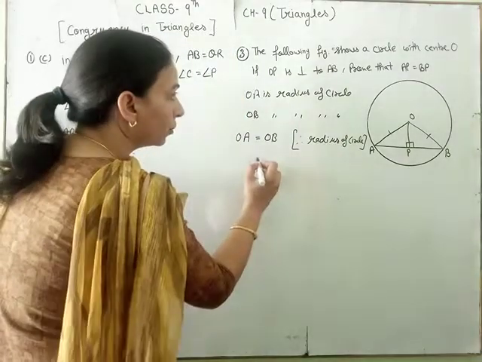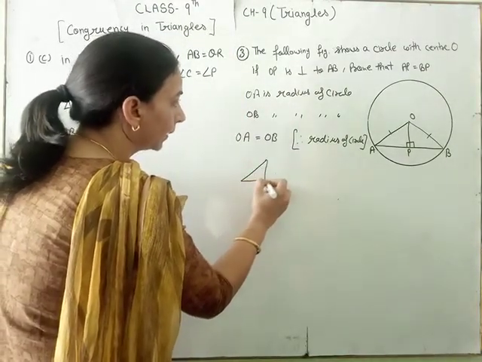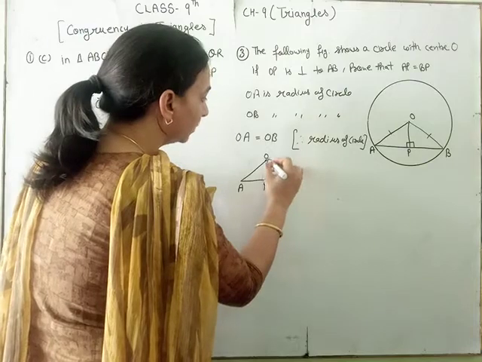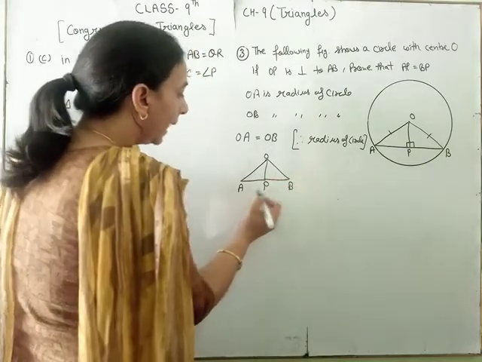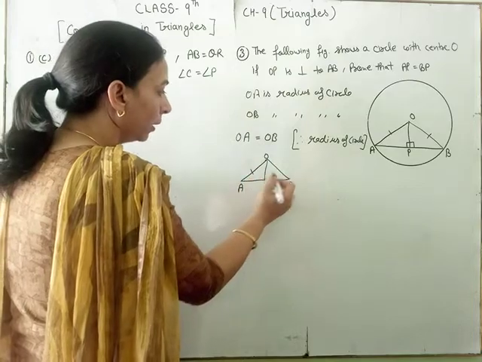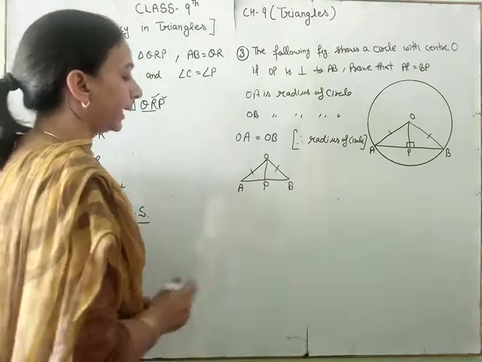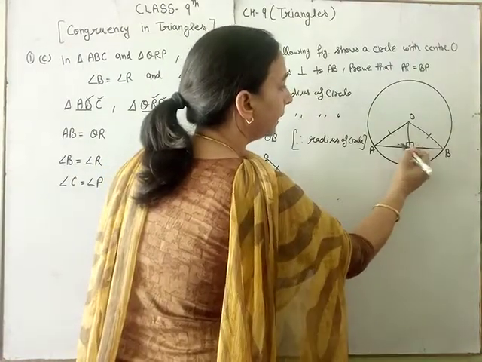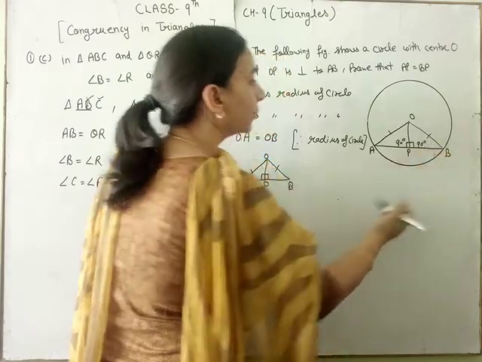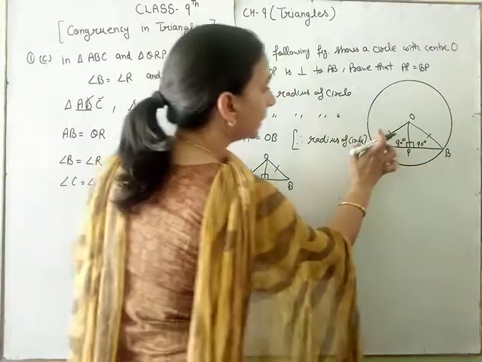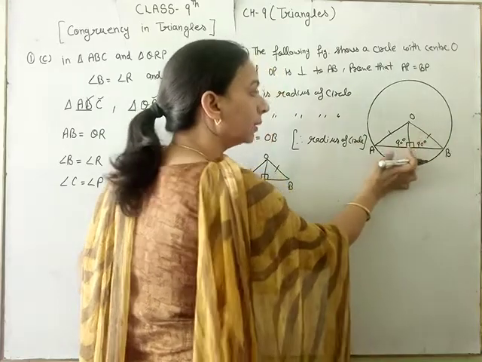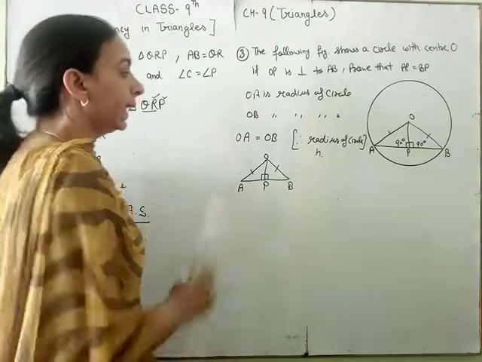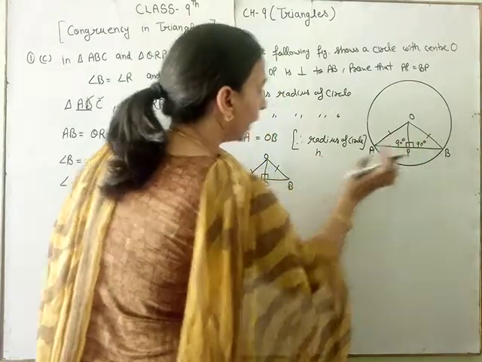Okay, we have two triangles of this type. This is O, P and A, and the next triangle is O, P and B. We first show that OA equal to OB. One is complete. Then second, this is a 90-degree angle, this is also a 90-degree angle, given. Second is one right angle given. Okay, and these are the hypotenuse because these are opposite the 90-degree angle.